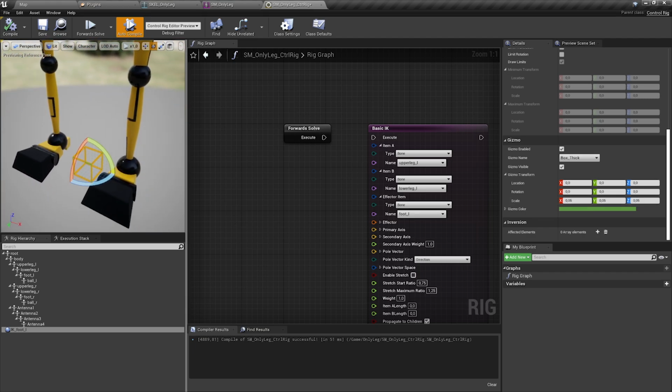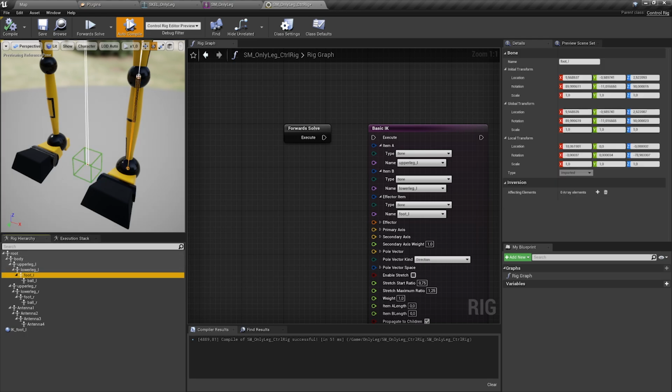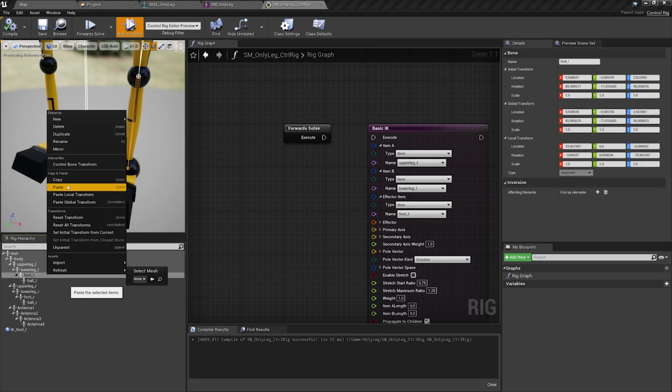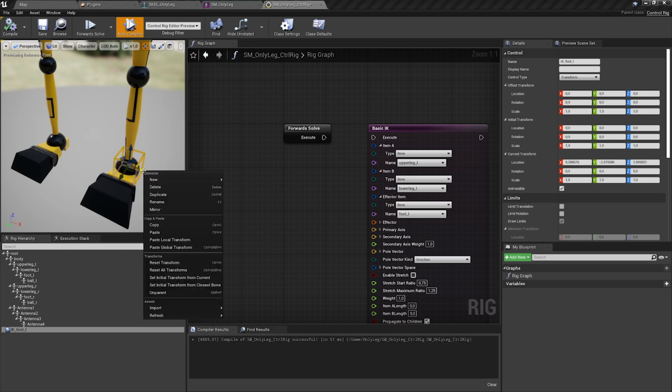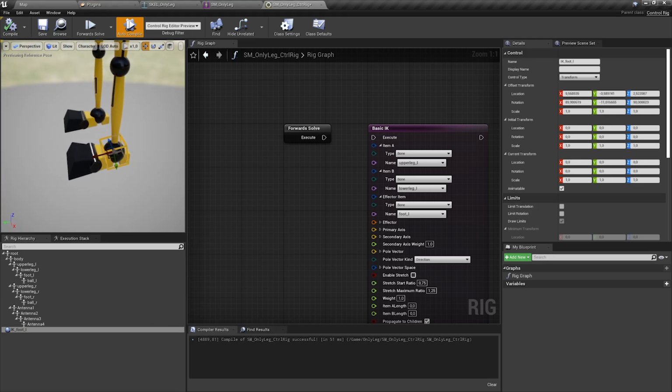And now we have to move it into the right space, which is actually where the foot is. So we could copy the data from the foot to this controller, or we can use a viewport and move it just in the vicinity of the bone. Do a right click, and then there is a set transform from closest bone. So now it snaps there and has the same transform, which is nice.